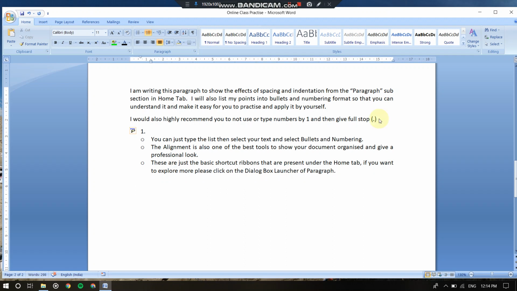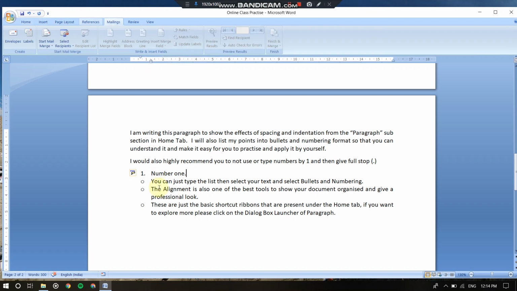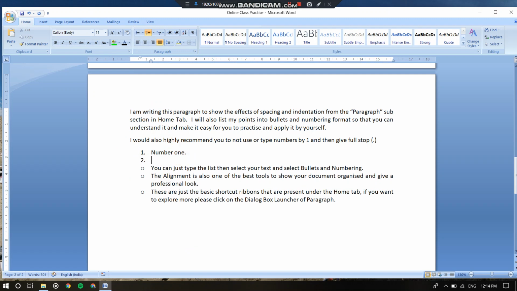If you have your proper formats ready, then whenever you write 1 and then a full stop, it will be number 1. By default it will take it as your numbering. This one will be highlighted, and it will start your number list. Number 1 and then number 2.